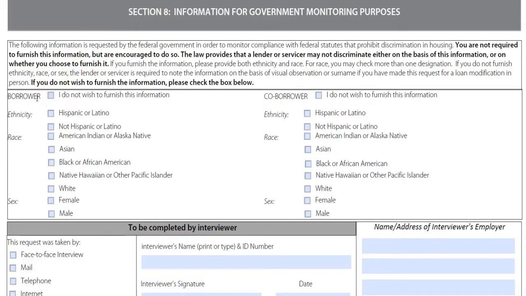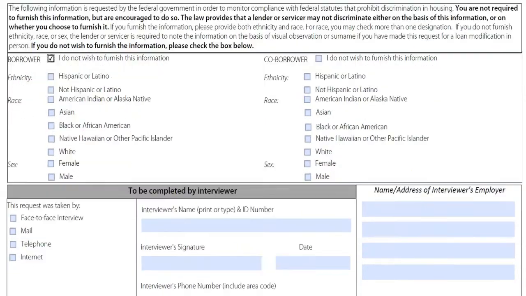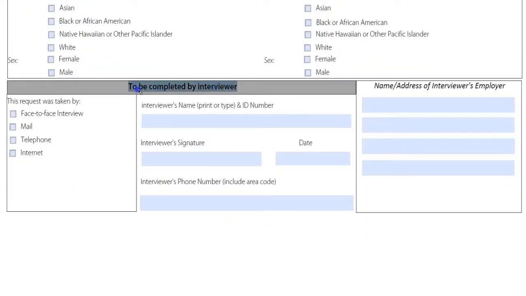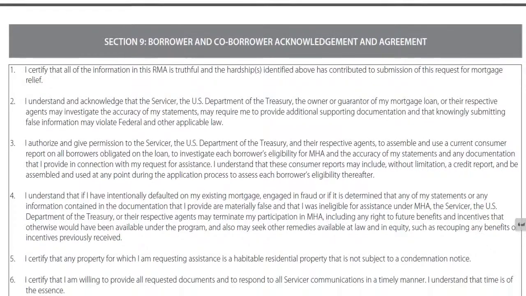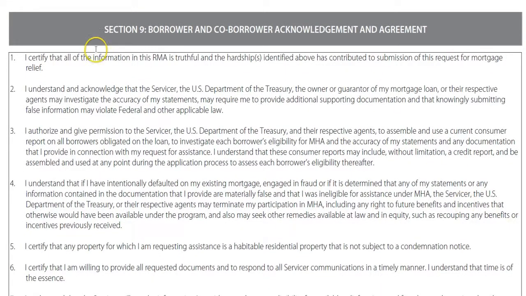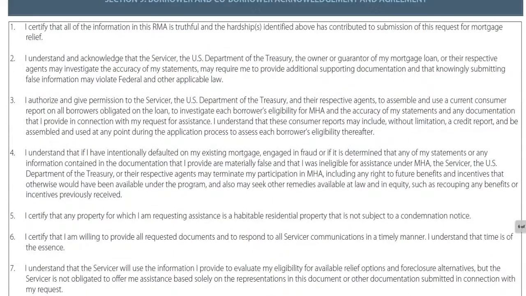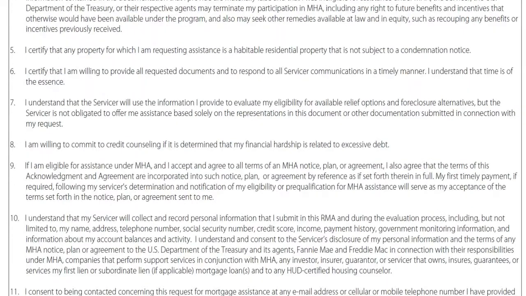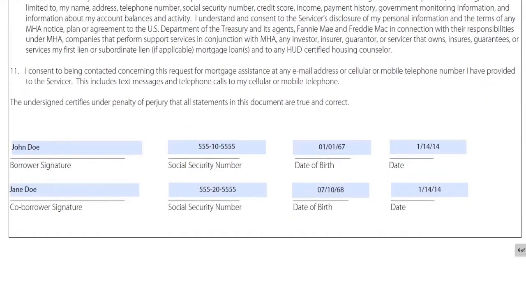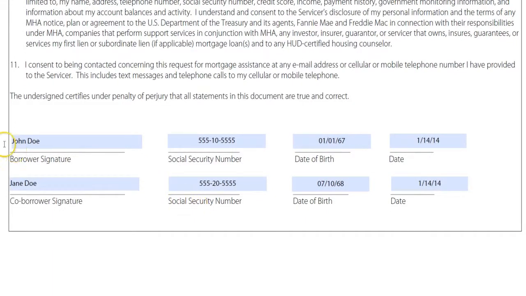If you do not wish to furnish this information, there is a box here that says, I do not wish to furnish this information. Do not worry about the section under that demographics where it says to be completed by interviewer. Just go ahead and leave all of that blank. Moving on to page number 6, and we're almost done here. Section number 9 is also a disclosure, so make sure you read through that disclosure. And it's basically, in essence, making sure that you understand that the information that you are providing is for the review of assistance and that the information that you have provided is correct. So make sure that you read through that, sign, put your social security number, don't forget your date of birth,